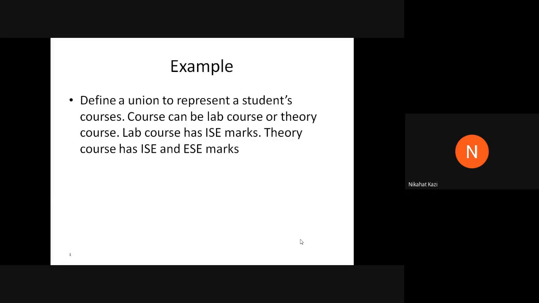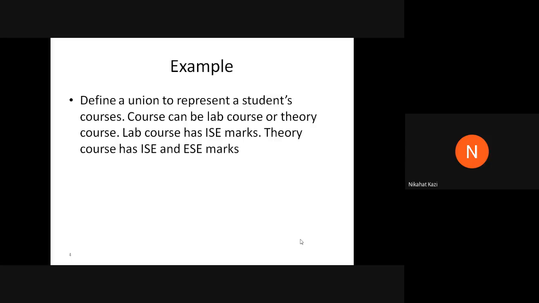So for that, what we can do is we can create structures and we can create a union of those structures. Now with union and structures, you also have to remember that you can not only create structure types using primitive types, but you can create structure types using other structure types as well.